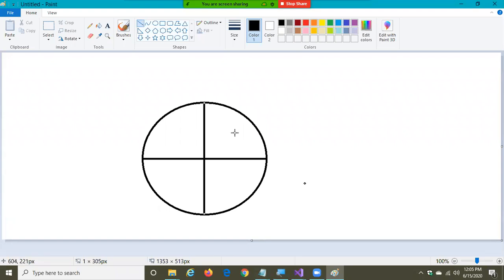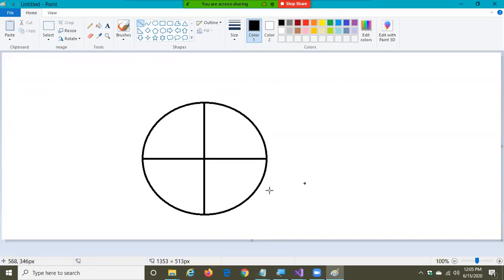Each part is called a quadrant. This is the first quadrant, second quadrant, third quadrant, and fourth quadrant. Everything is going to have four quadrants here.